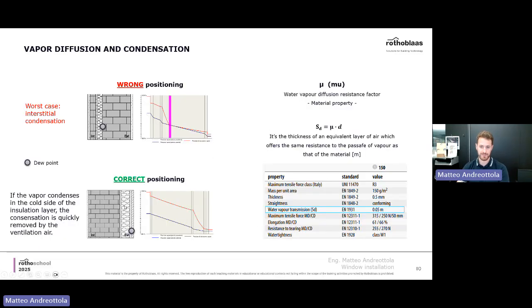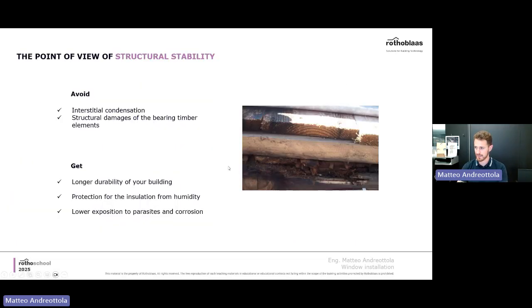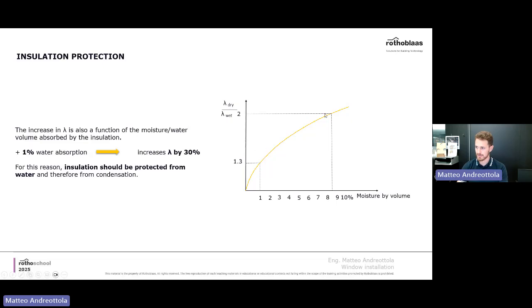The design is also an important thing. If you are a designer and you want to avoid the issue in the first place, you can basically use this kind of graphs. If you don't have any software to do this kind of thing, you can use a software which is freely available online, and maybe we'll link it afterwards. It's called Ubakus, and you can insert also Roto glass materials in it and make sure that everything works.